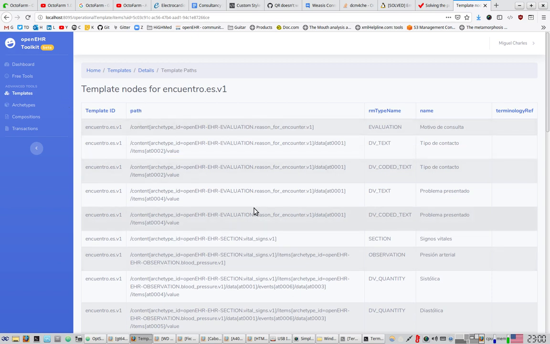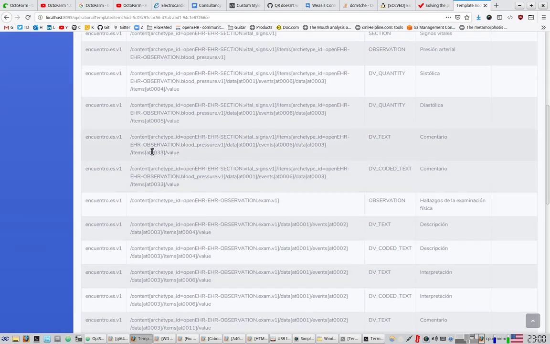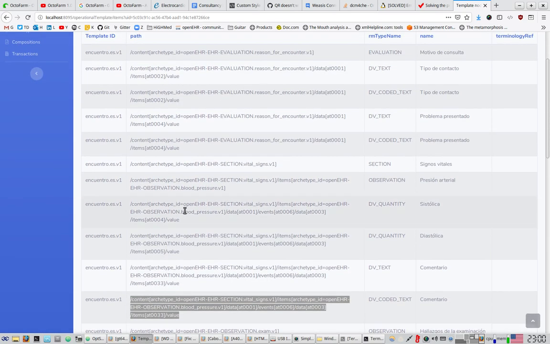And we have also the template nodes service. It is similar to the archetype nodes service, but this will show each node and the absolute path for each node, and this path is relative to the root of the template. So you will see that the slash here is really a reference to the encounter. And then we have the full paths here. These are absolute paths. So with the template ID and one of these paths, you can reference any node inside that template, even if it's defined in a different